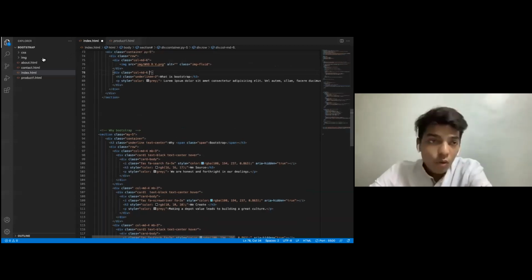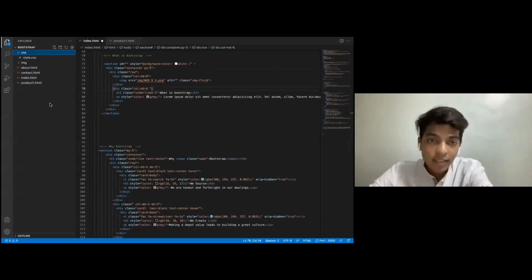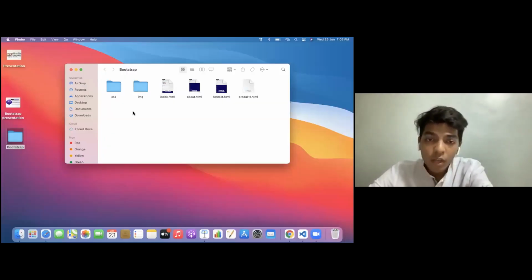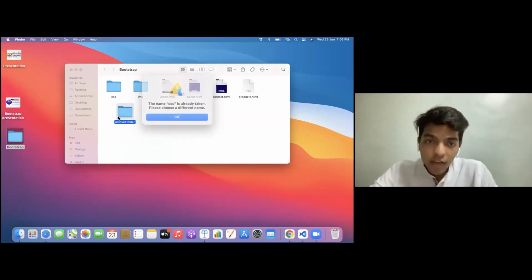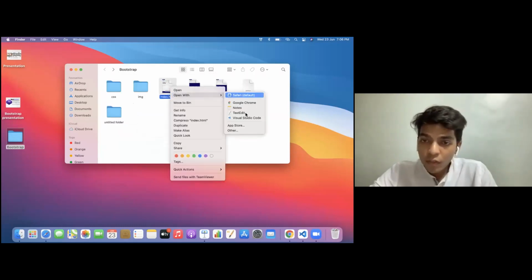I'll just show you the CSS for span. I'll show you how to make a CSS part. First, right click, make a new folder. Write CSS, press enter, and CSS is already taken, so it won't generate a new CSS. In this CSS folder, open with Visual Studio Code.